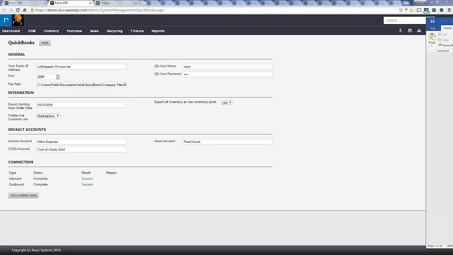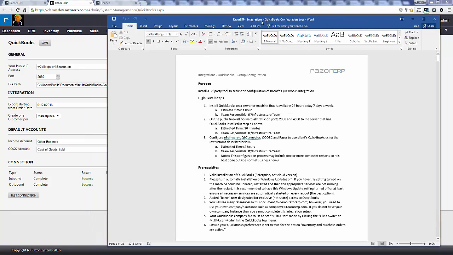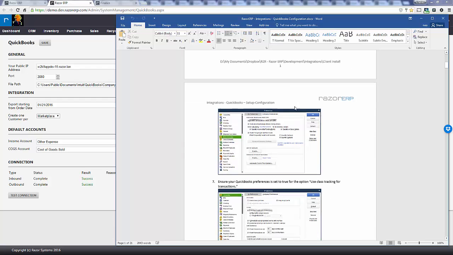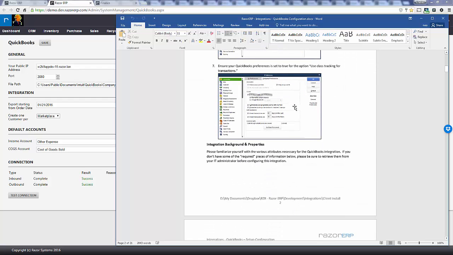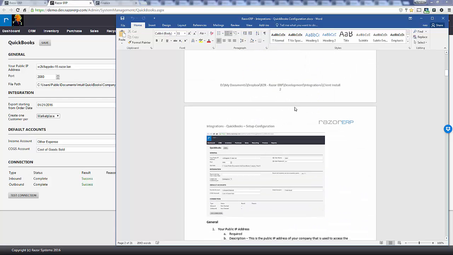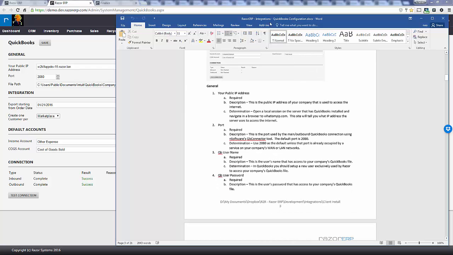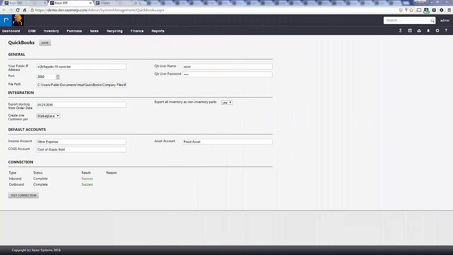We offer a tutorial or how-to document on how to configure QuickBooks. It's a document with a lot of screenshots and things to help show you how you need to set up QuickBooks on your side in order to make the integration work. We also offer some assistance with that. If you get stuck, we can help you with that configuration. But once you have configured QuickBooks on your company's server, you can come here to the system settings in Razor